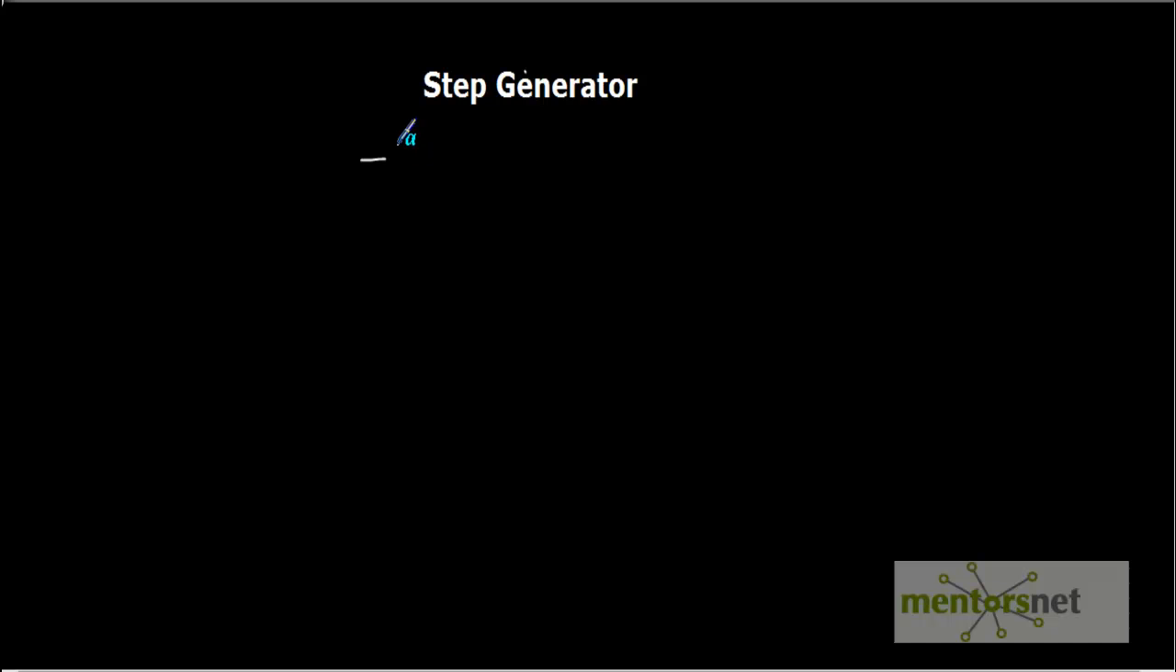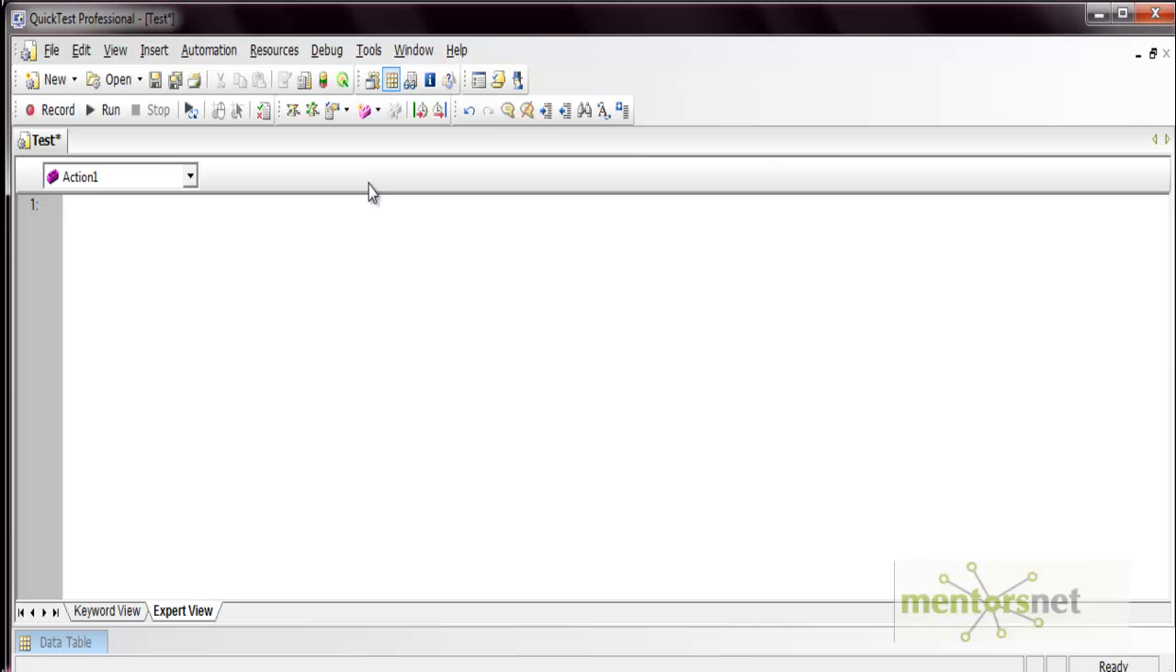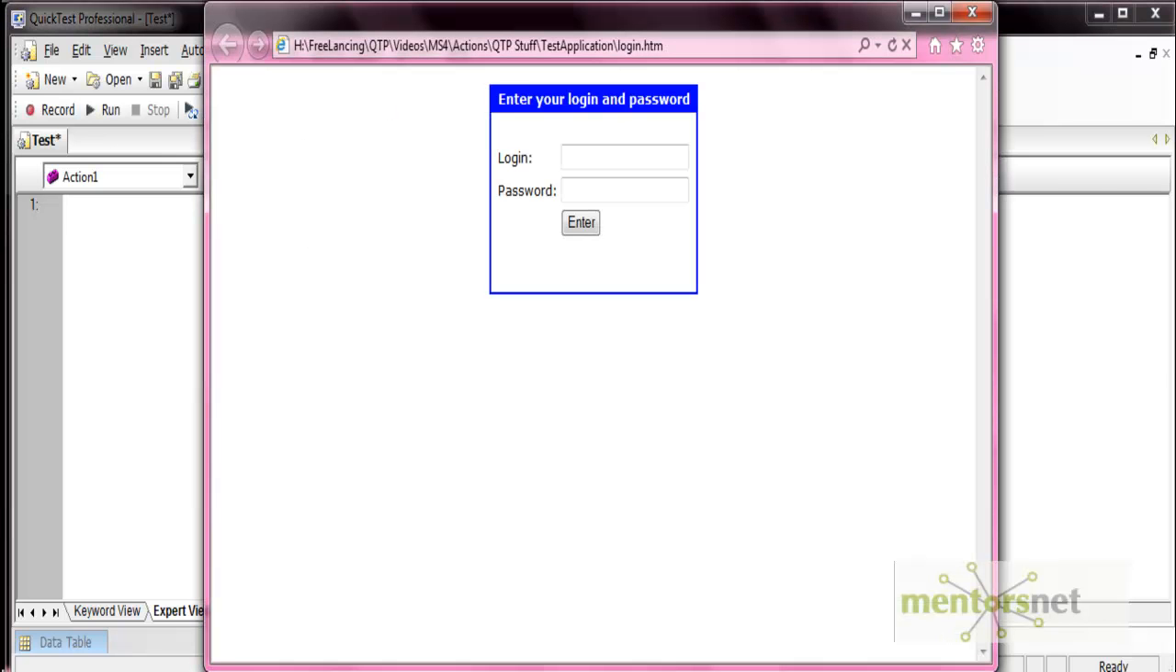The shortcut for that is F7. You can press F7 and the step generator will open. And next we will see how to insert the statement or the step using the keyword view. Okay, so let's go to the QTP tool directly. Open the tool. I have recorded the objects for this application